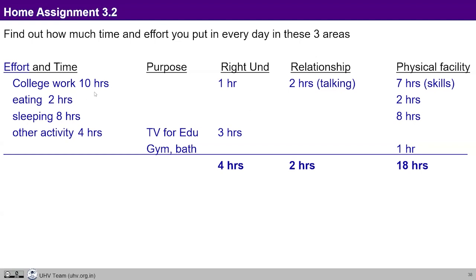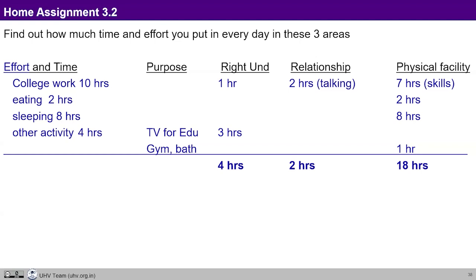It may not be the same on every day. Maybe the college is working from Monday to Friday, and on Saturdays and Sundays, okay, the routine is different. Then there also we can see that the child is able to make out how the child is investing time in a day. The purpose is not to be very articulate about 7 hours or 7.5 hours. That is not the core purpose of making that table, and it is not something universal. It is not something that is going to be there for the child on every day. But the purpose is to draw attention to whether I am spending time for right understanding or not.